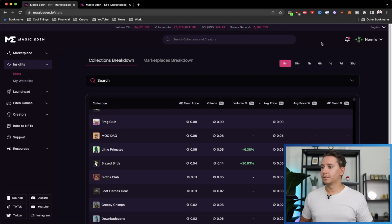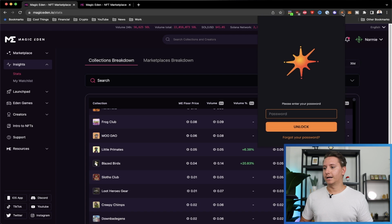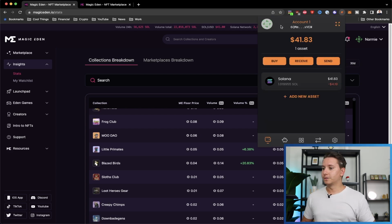Solflare extension wallet. So here we are on my laptop screen, and first things first, you're gonna wanna install Solflare, obviously, because that's the integration that we're using. So you can see I already have it here. It's pretty easy. Just follow the link down below, and then you can just download it and install it for yourself. You can also get the mobile app, but I'm just gonna show you how to do this on the web browser. So as you can see, I already have a wallet set up, but if you wanted to go